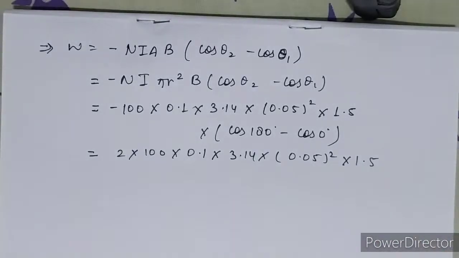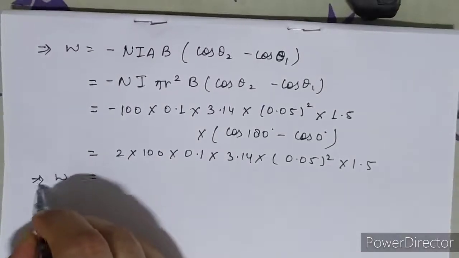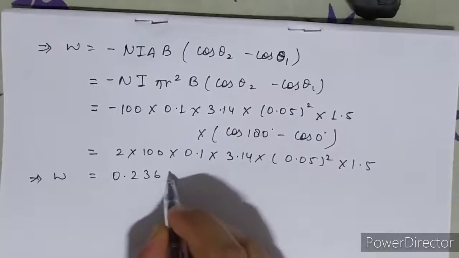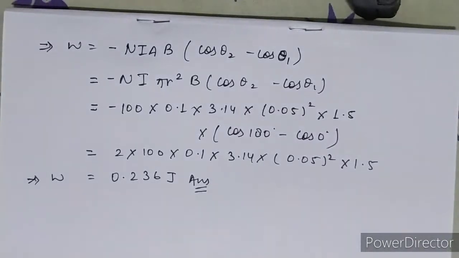And this is your work. You have to solve it. I am writing the values, okay? Just check whether the value is correct or not. 0.236 joule. Okay, once check the values. 0.236 joule. This is the answer of this question. Clear? The calculation may be lengthier, but just remember it was simply a formula-based question.